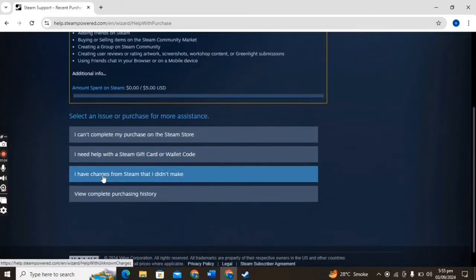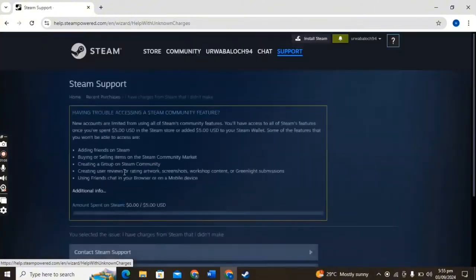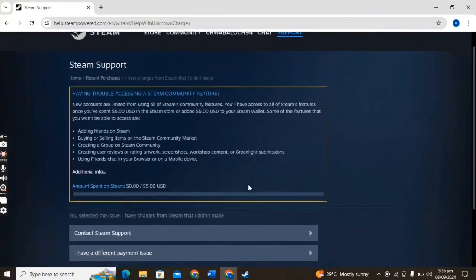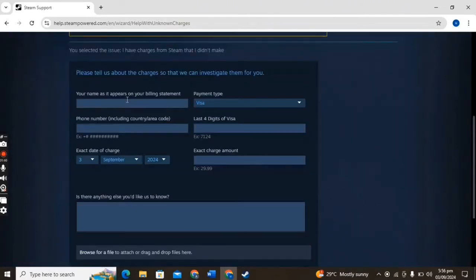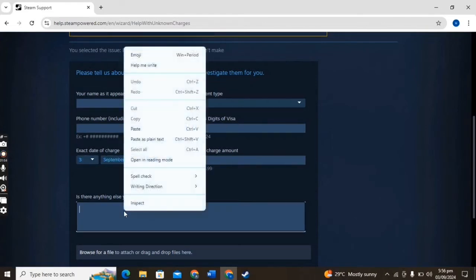Click on I have charges from Steam that I didn't make. Now scroll again and click on contact Steam support. And here give the details they want: phone number included, country, area code, last digit of your Visa, and the charges and the date. And here you can type